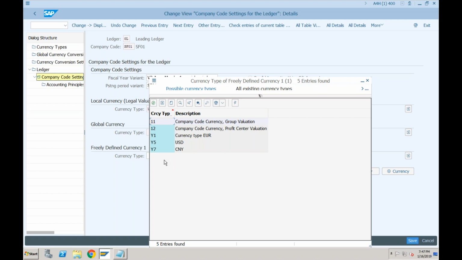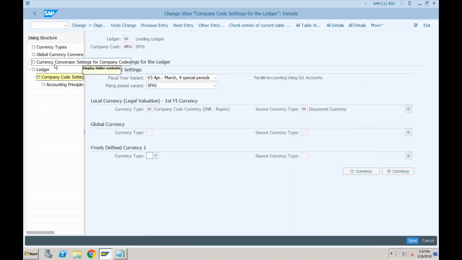In ECC, it was not possible. In ECC, whatever currency types are available were provided in standard and you cannot create your own. So normally we were only using hard currency or group currency or index based currency. But here you can create your own currencies. How you can do it? So you can see before you come to the ledger settings, there are 3 activities which are related to the currency types.